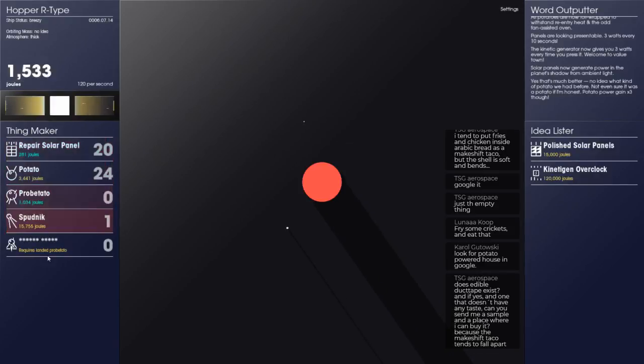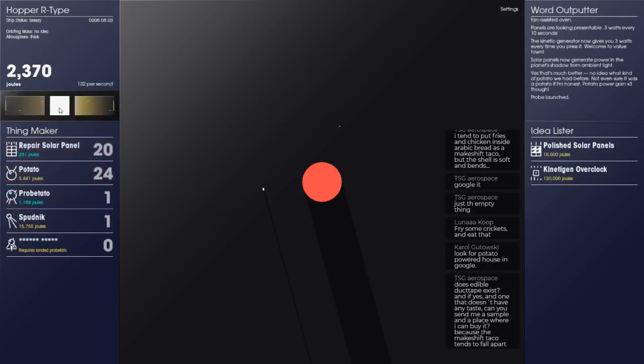Requires a landed potato. Okay, we could. Do they just land? Is that a thing? And now that is more expensive. Oh man, I suppose we're going to have to save up for that, aren't we? No, let's drop one, see what happens. Does it land and does it stay there? That's what I want to know.